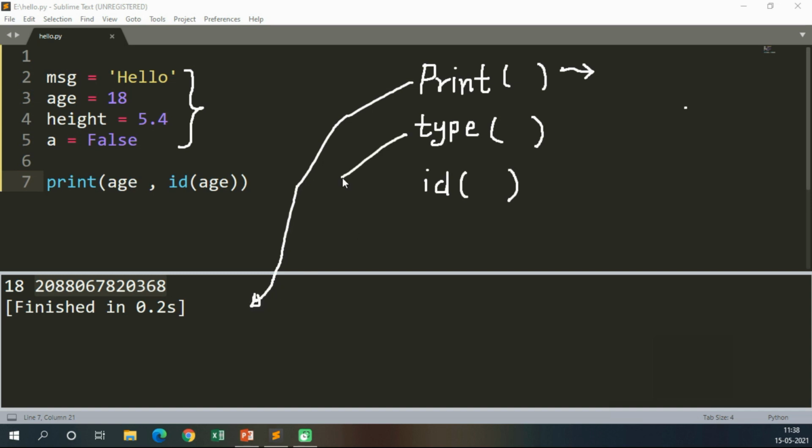The type function returns the type of a variable, that is float, or something else. And the id function returns the address of a variable in main memory. So these are the three functions which we have seen.